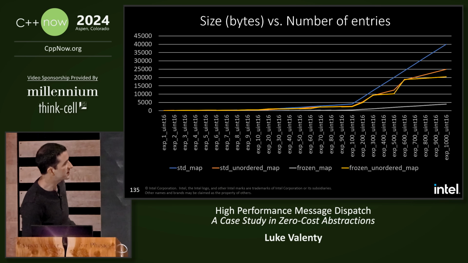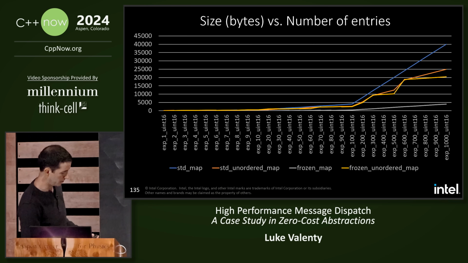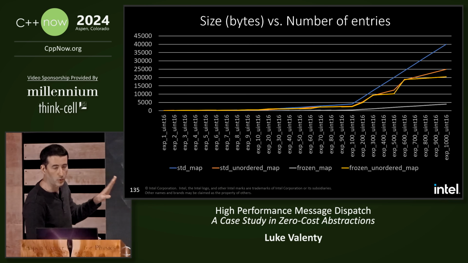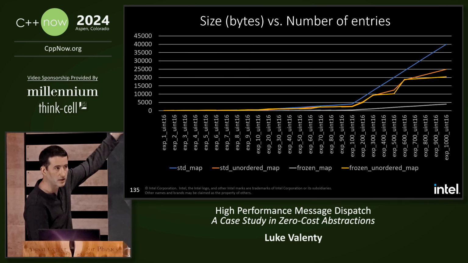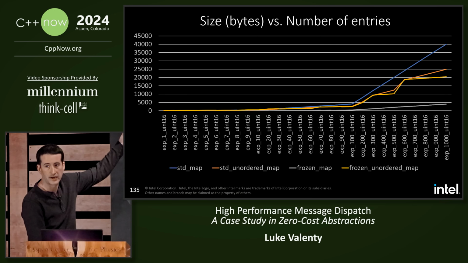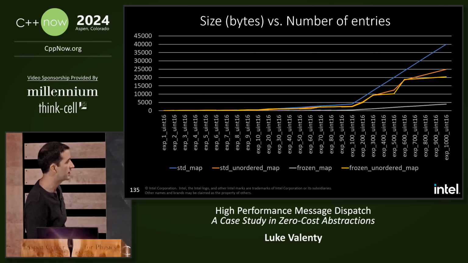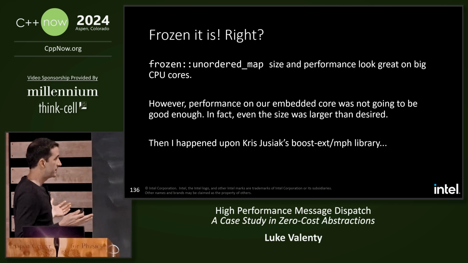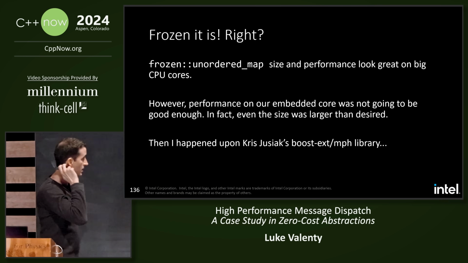Frozen map performance is not looking bad in terms of size. Actually, in terms of size, Frozen map is perfect. This is the ordered map, so it's just a sorted array of all the entries, and then it does a binary search on it. So we're going to use Frozen, right? Well,